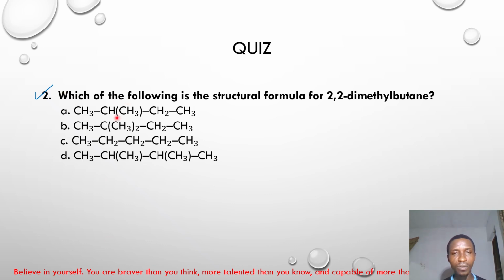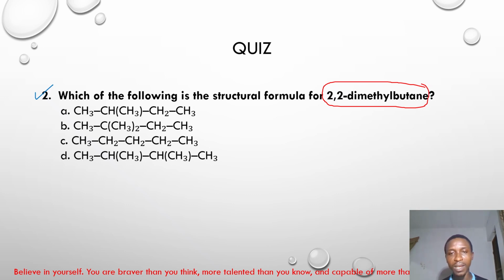Which of the following is the structural formula of 2,2-dimethylbutane? Is it option A? Is it option B? Is it option C? Or is it option D? We don't know yet until we have analyzed that 2,2-dimethylbutane. In order to draw the structure, the first thing we need to consider is the parent carbon atom, which